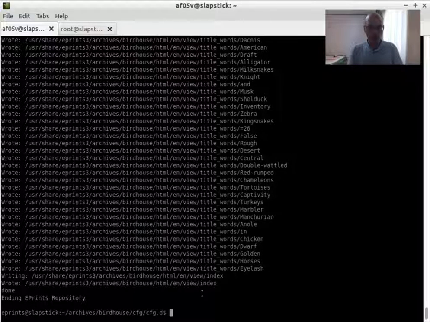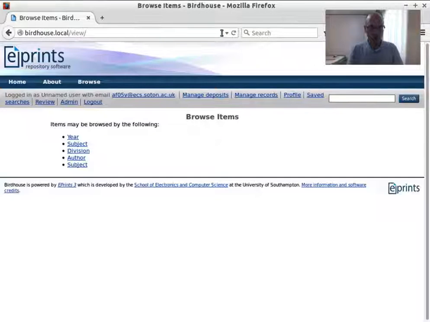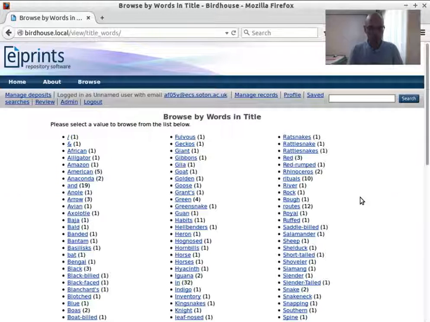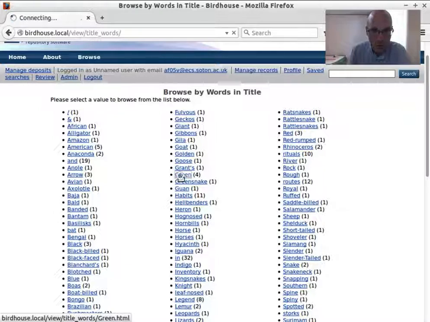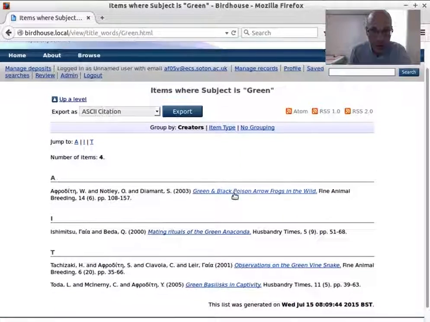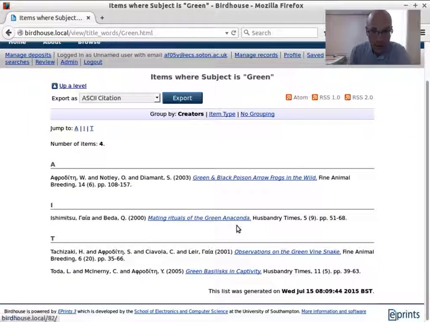Right. So another quick look at this page, and we see words and title. In words and title, you can see there are 12 items with the word roots in. There are 4 with green, so this appears to be working. We have green and black, green anaconda, green vine